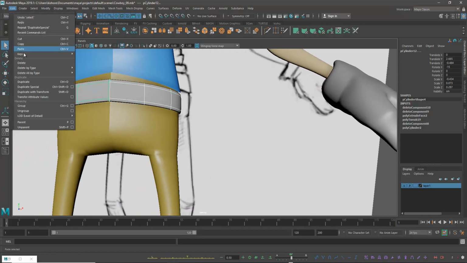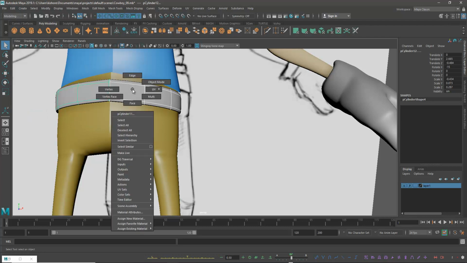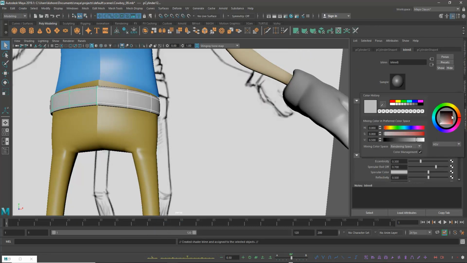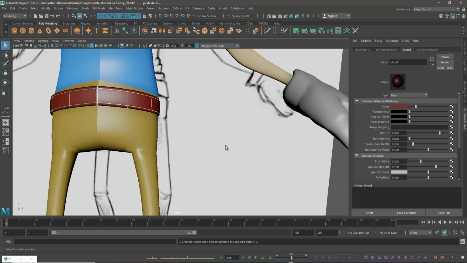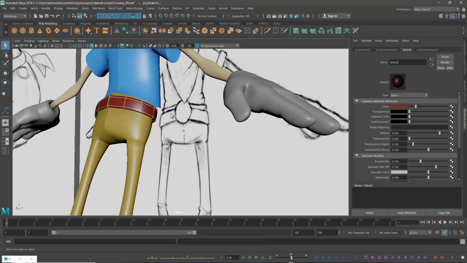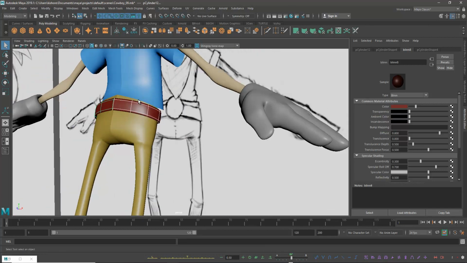Delete history. I'm giving some kind of material, dark maroon kind of belt, and a kind of buckle. Simply you can take a